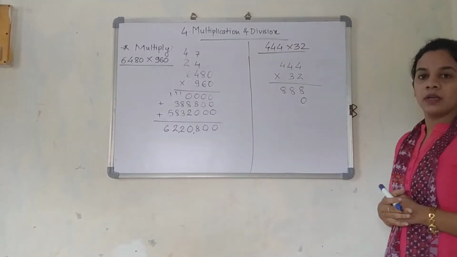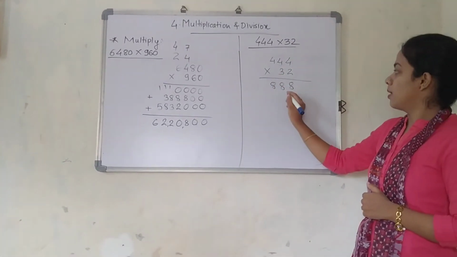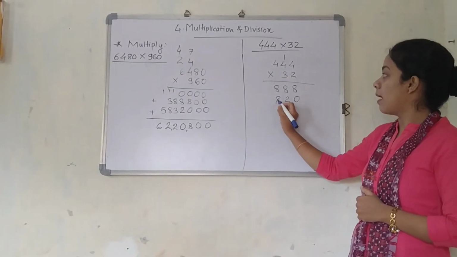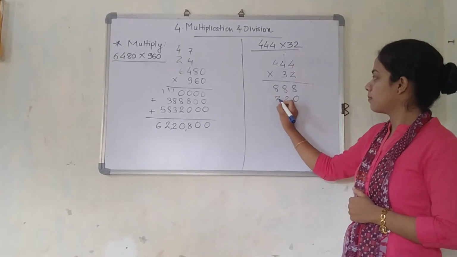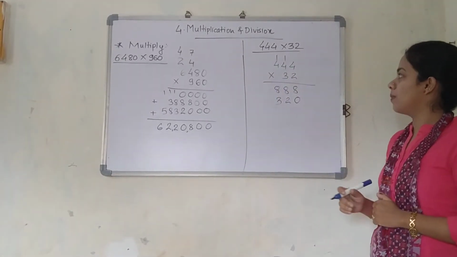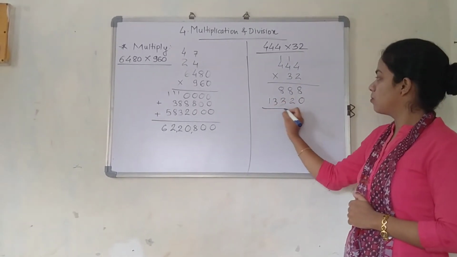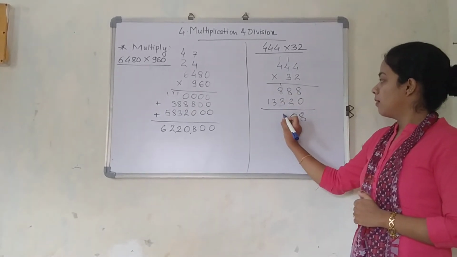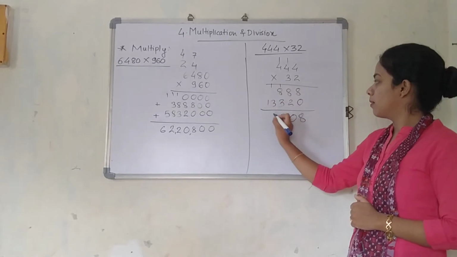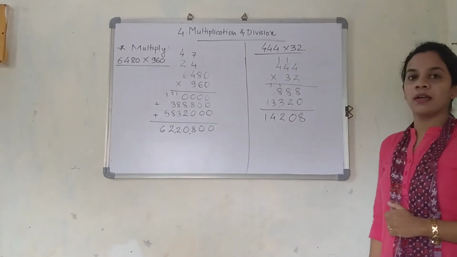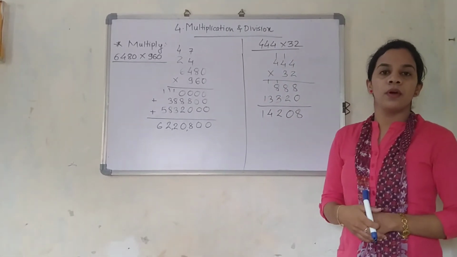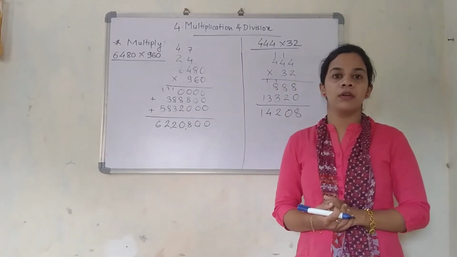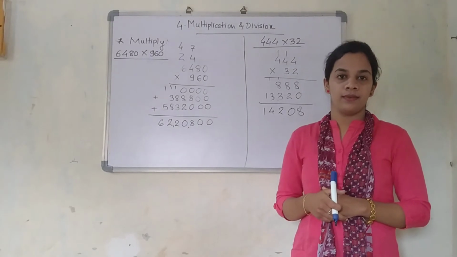So we are going to add a 0 now. 3 fours are 12, 3 fours are 12, and the 1 carried will be 13, and 3 fours are 12, 12 plus 1 again will be 13. So just add it: 8, 0, that is 10, here it will be 12, 4 and 1, it will be 14,208. So now we will see the word problems which we are going to solve right now.